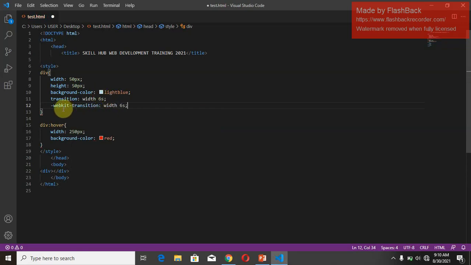The reason I'm adding this WebKit is in case somebody who is going to run my website has not upgraded his browser, let this small property I just put here let it configure that old browser